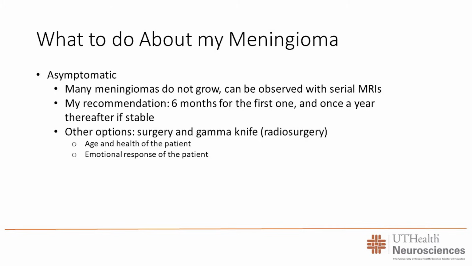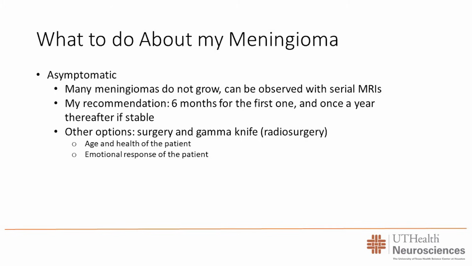If a tumor is stable and not growing, they can be observed. But for me, observation means one MRI or CT every year, because there are some meningiomas that can be stable for a while and then can start growing again. The other option, even if it's asymptomatic, is to treat it, and we're going to talk more about this. The treatment consists largely of surgery or some type of radiation